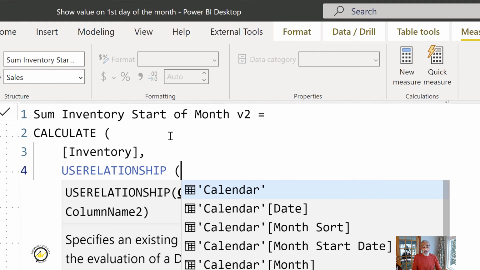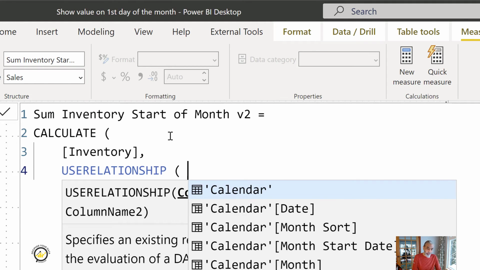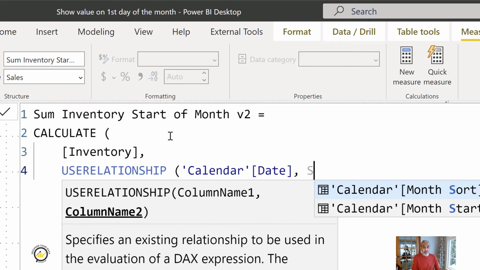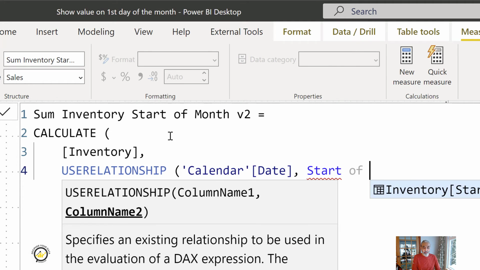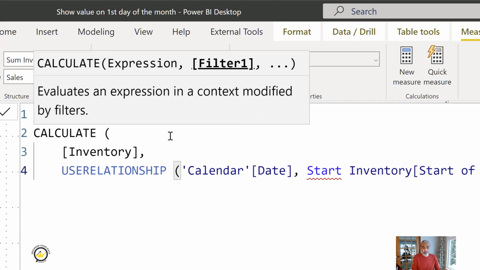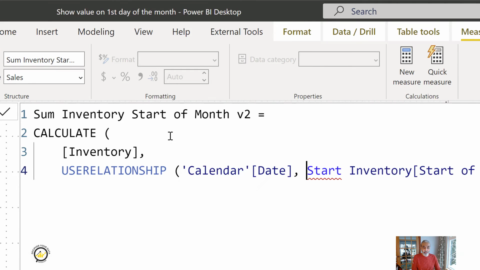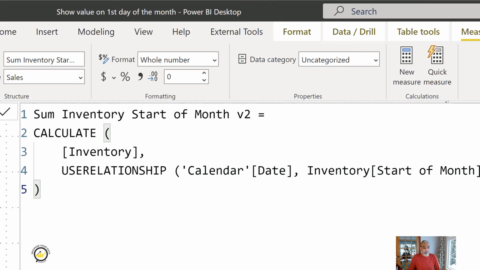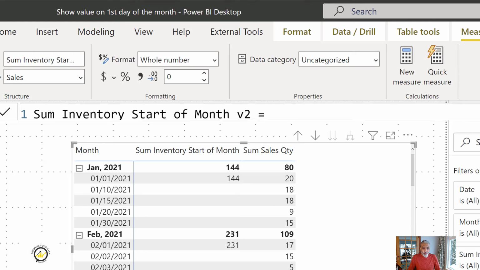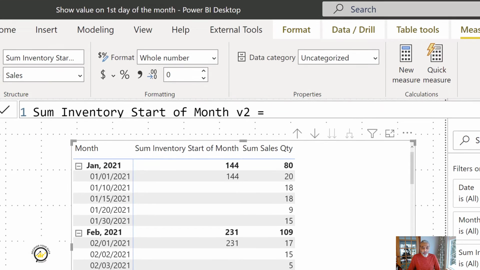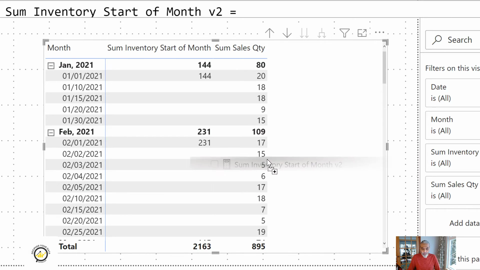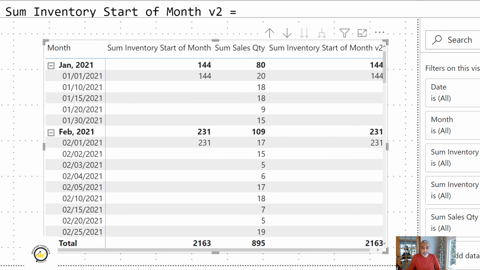So we make our inactive relationship active, calendar date with the start of month column, which we added through Power Query in our inventory table, and use that in the relationship, and here you go. So now if we use this V2 start of the month in our table,